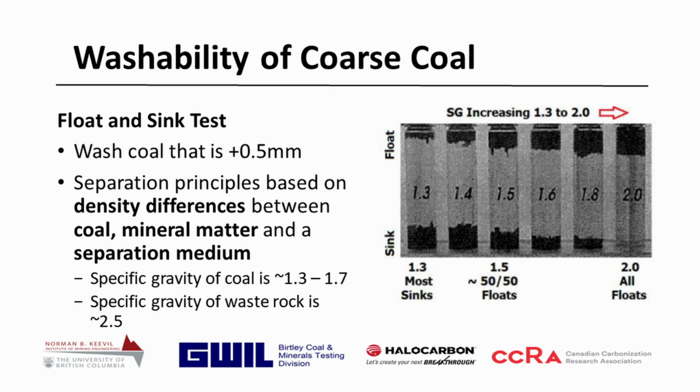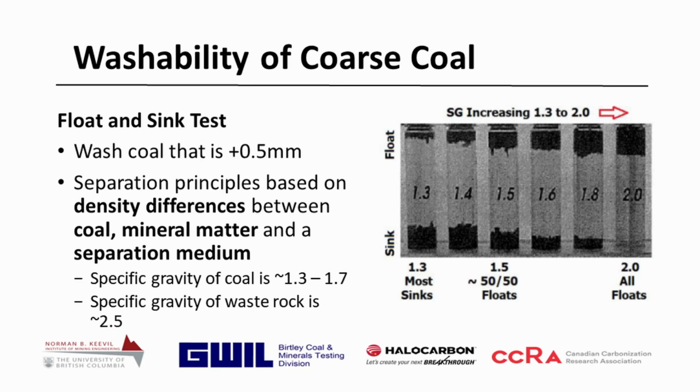So one of them first is the float sink test. And that's really taking a coarser coal size fraction. So in these tests, we're using 0.5 mil and greater, up to 12.5 mil. And really the principle behind this is just simply different densities between coal and mineral matter. So coal, as you guys know, is lighter, typically has a specific gravity of 1.3 to 1.7. And then the waste rock that we're mining with it, siltstone, shale, sandstone is going to be significantly denser, so